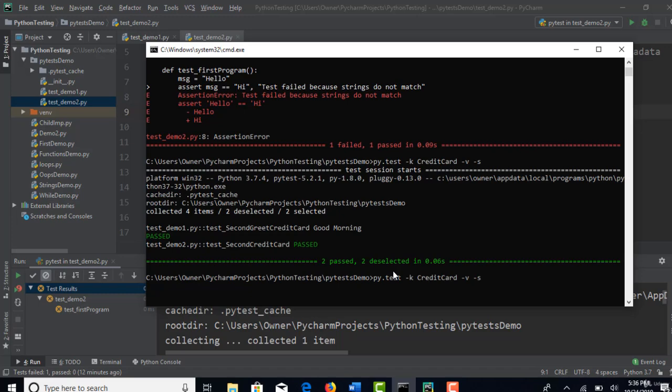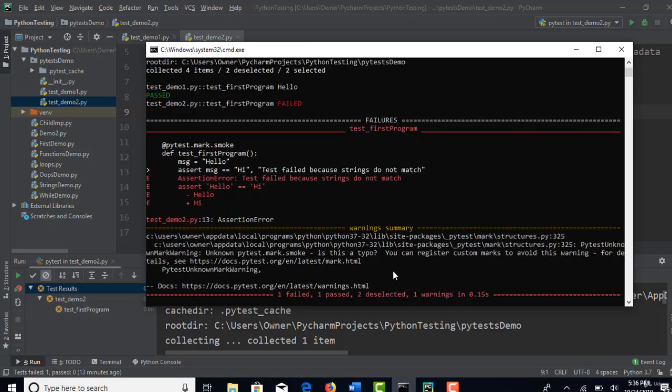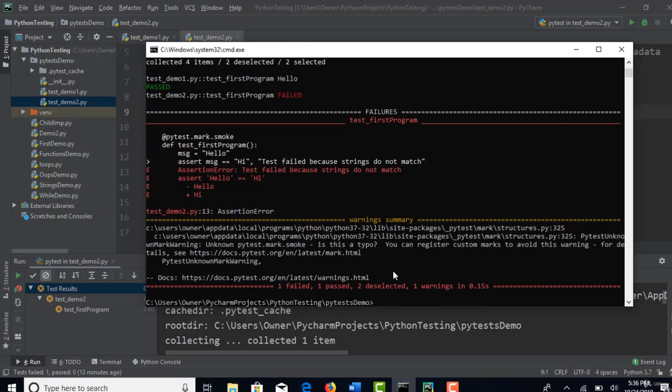You have to use the keyword M, which stands for mark. Okay, and what is your mark here? Smoke, right? That's it. Run, and it has successfully run 2,